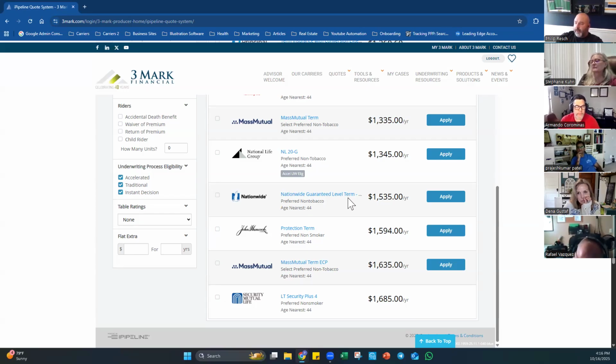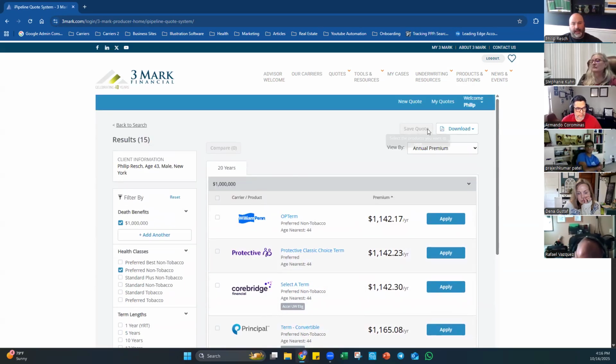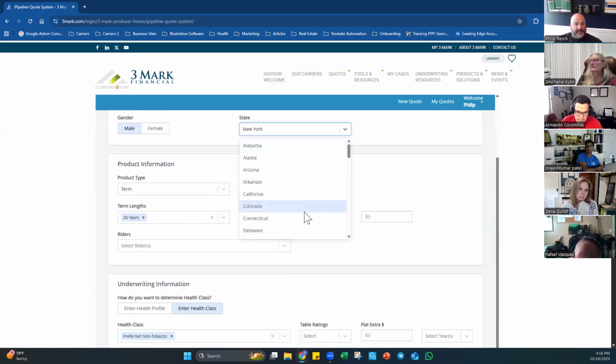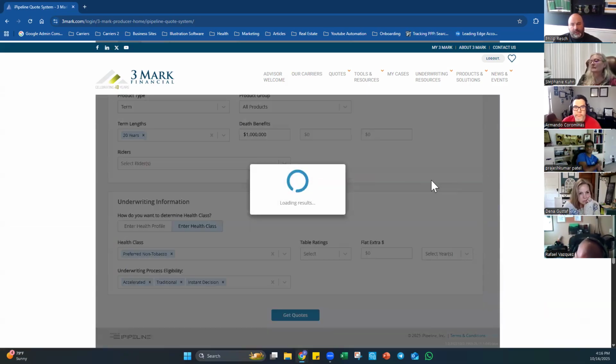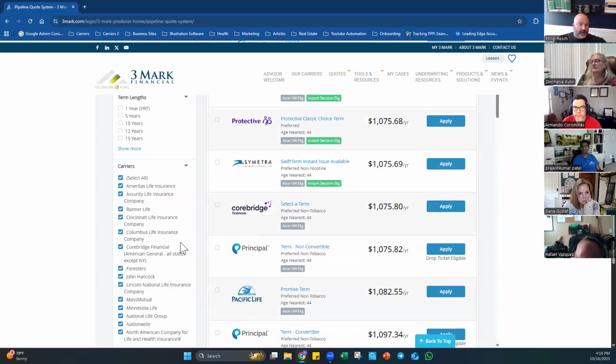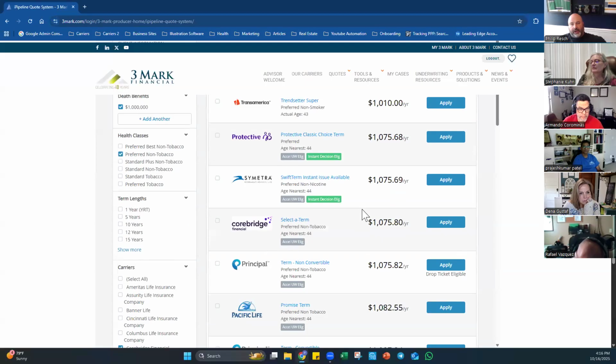Another question came up about, can you filter out the carriers that provide living benefits? The answer is no. So unfortunately, you can't. So that is something that, me being the nerd that I am, I know what is what from that standpoint. But if, for example's sake, you just hit get quotes and you wanted to show only living benefits to your customer, then you could take out Emeritus, Surety, Banner, Cincy, Columbus, Foresters, John Hancock, Lincoln, and you can start cherry